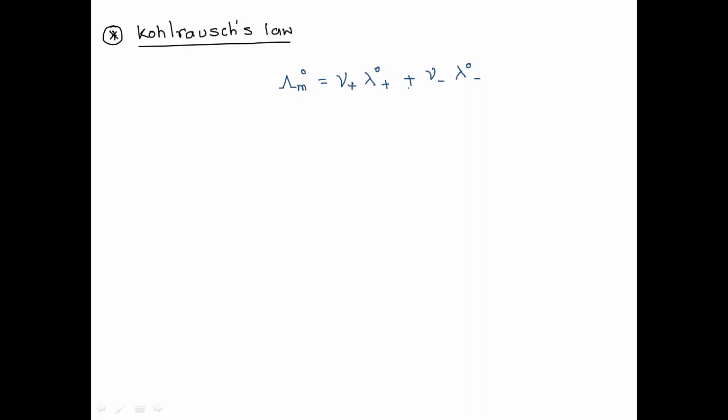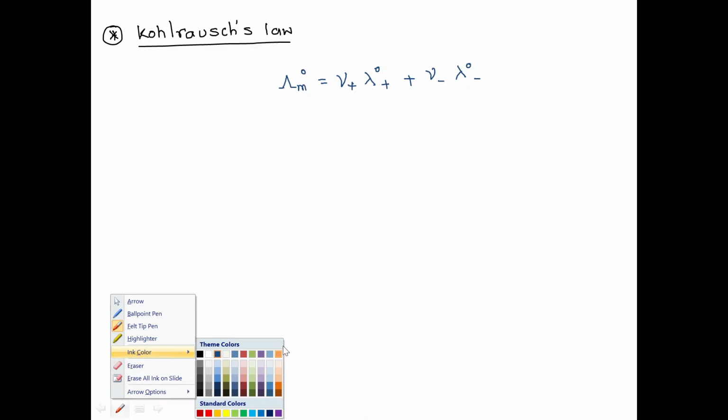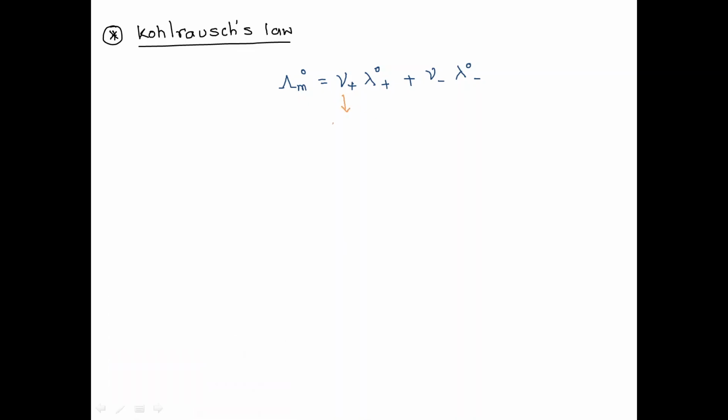So nu plus is the number of cations, correct? Nu minus is the number of anions,